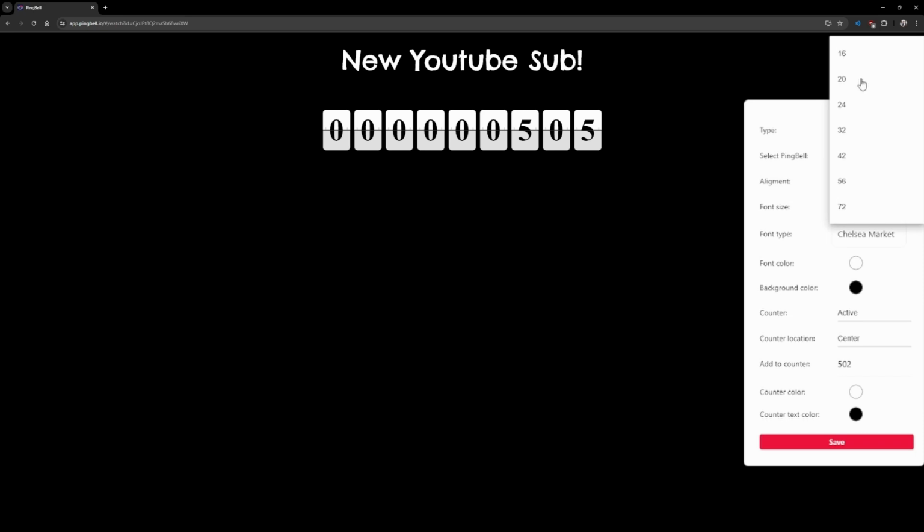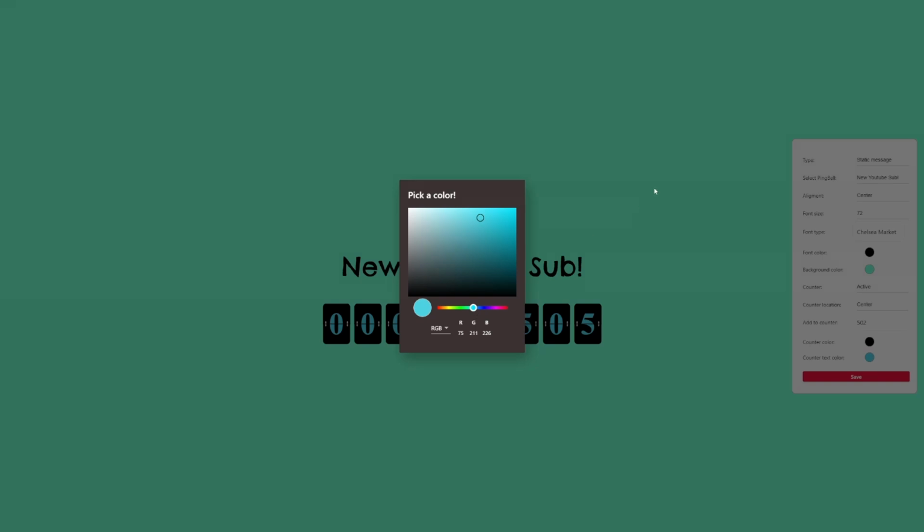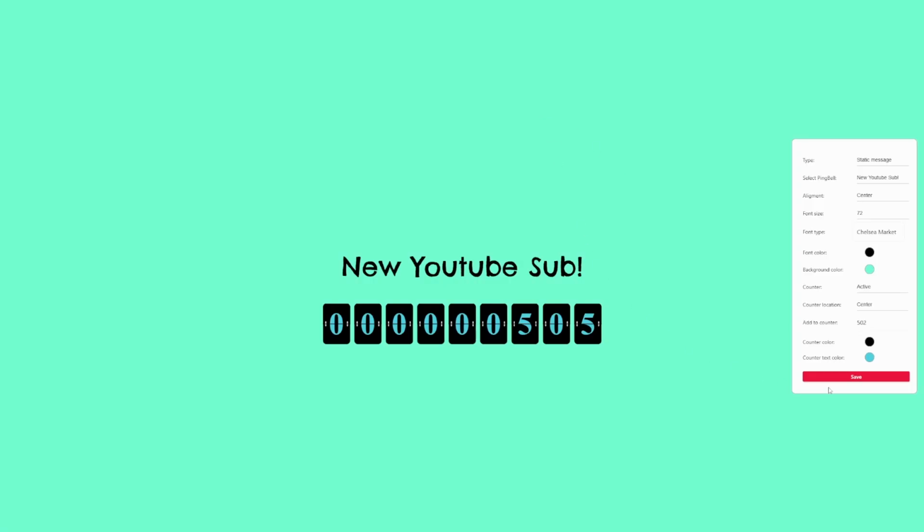Then we can choose the font size. Then we can choose the font type, which we can just type into this field and search for fonts. We have access to all of Google's fonts, so you can truly fit your brand. Last but not least is you can actually set up the colors of the page. I strongly recommend first selecting the background color of the page and then selecting the font, counter, and counter number